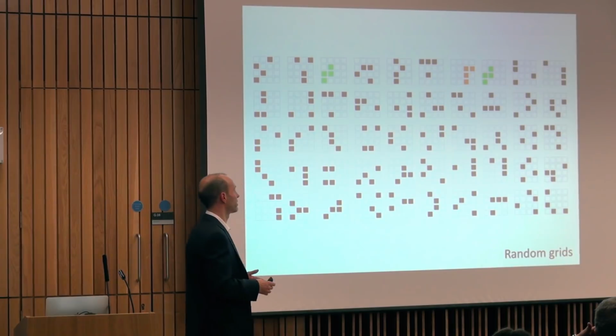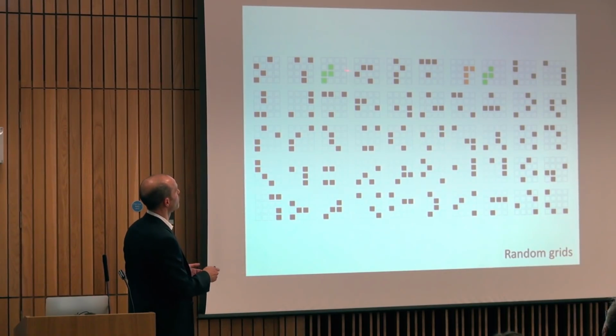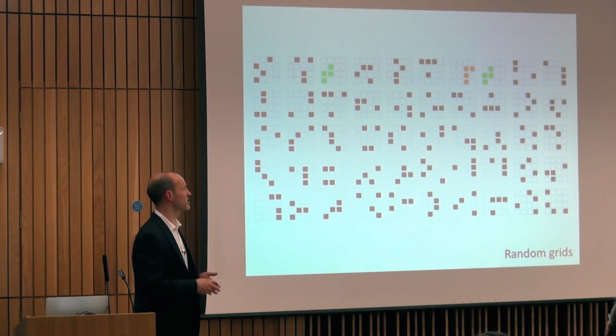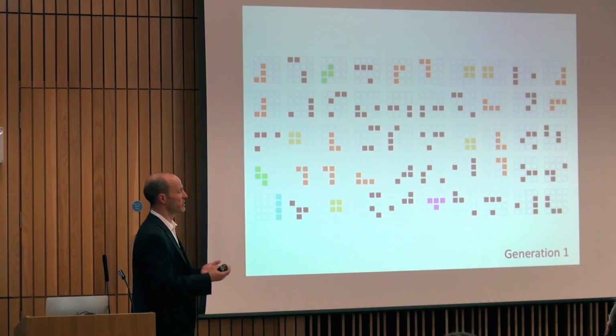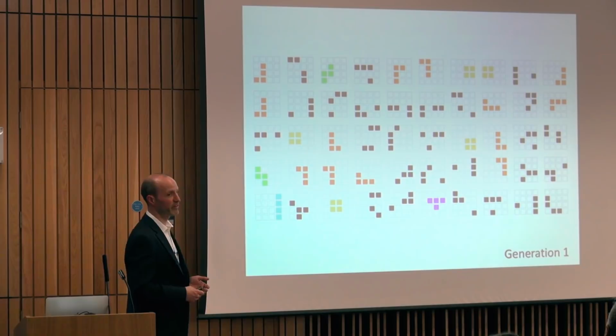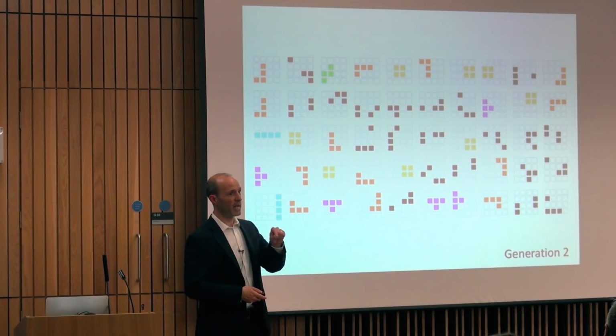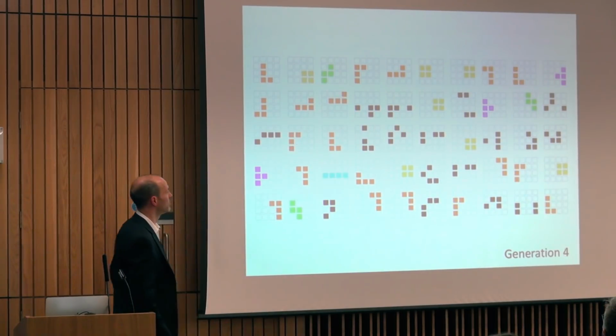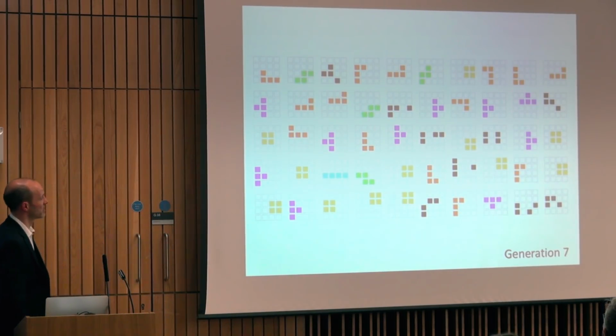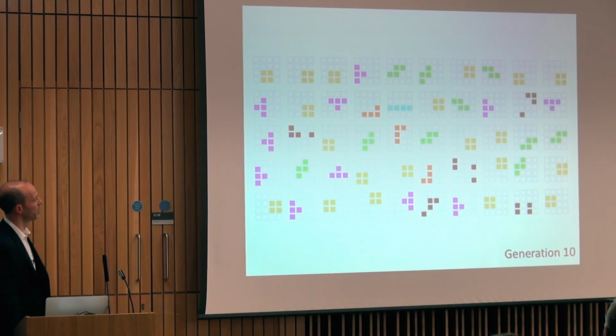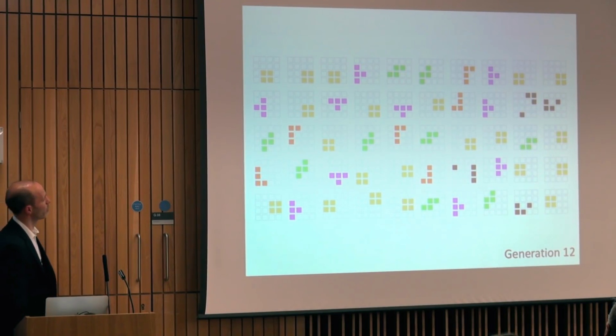Okay, so one animal worked through these grids and tried to reproduce each of them, and it produced a set of grids that looked like this, which we'll call our generation 1 set. Then we take this set of 50 grids and ask a second animal to reproduce them, and that second animal produces this set of grids. And then we can just pass the set of grids from animal to animal. See how it changes as it goes. So generation 8, 9, 10, 11, 12.